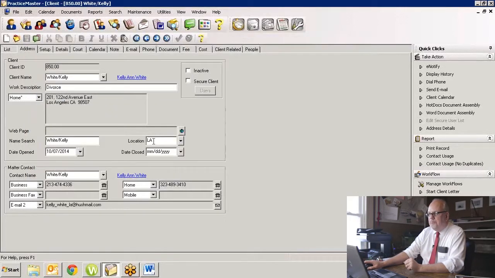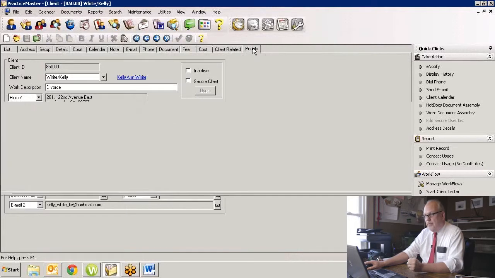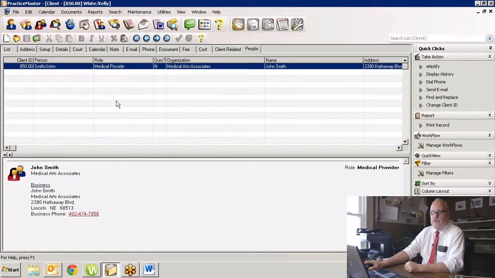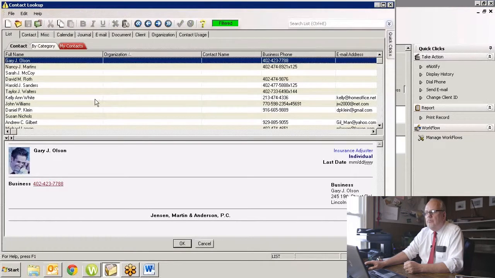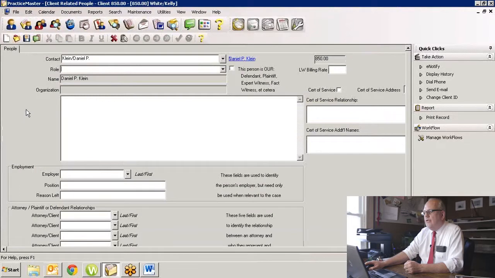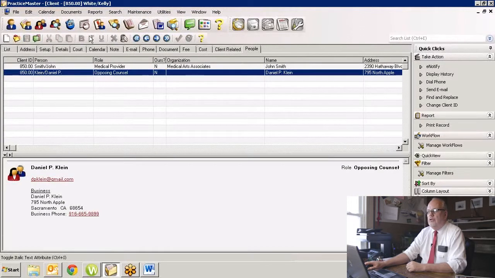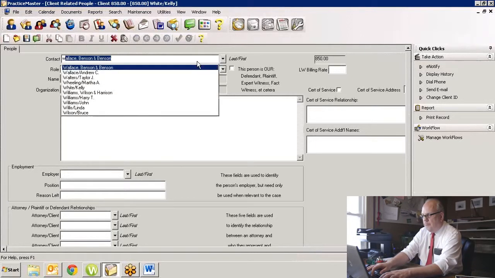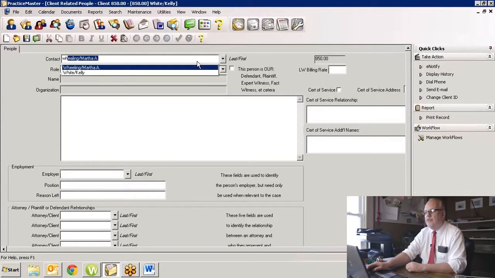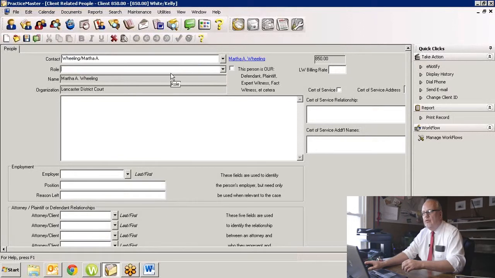Quick look here at the people file, because it's instrumental in this ability to generate documents and to code documents without a whole bunch of expense, is to have this people tab that's tied to the matter and allows you to say, well, this person, I'm going to add a new person. I'm going to say this attorney here is the opposing counsel, and we'll choose, I think this is an attorney, and they are the opposing counsel. And this person here, we're going to say is the child of Kelly White. I'm going to try and find somebody named White, but we're not, so we're going to say Martha Wheeling, she must be a stepchild, is a